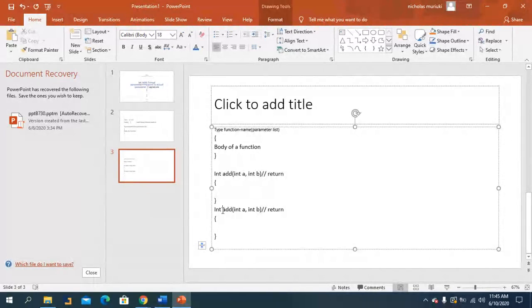What I do, instead of using int, I use the keyword void. So void add means inside here we will not have any parameter, so we will have no return. In this case, the program we have here is not returning anything. It's like you are saying printf